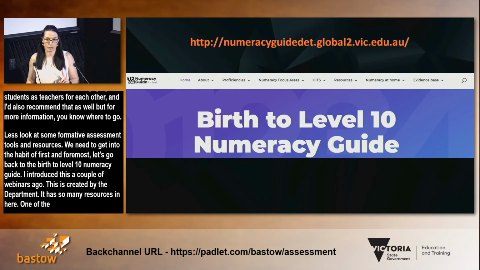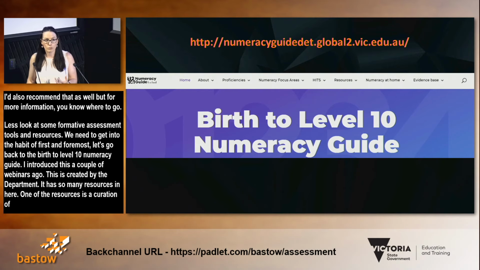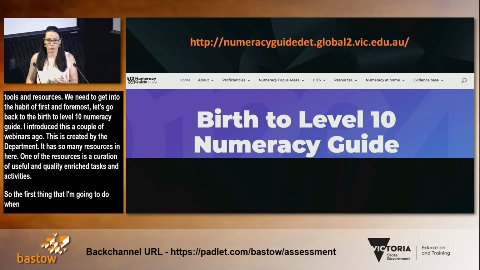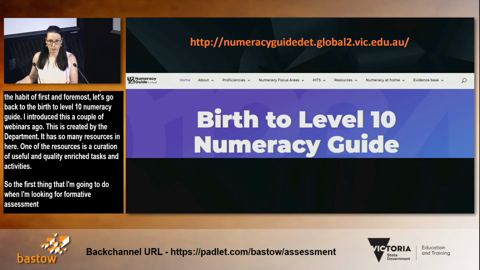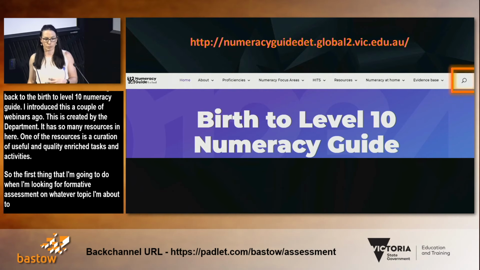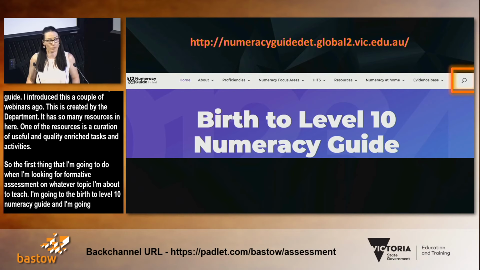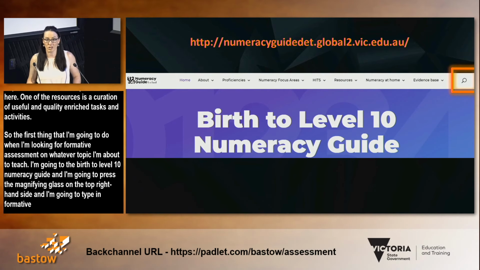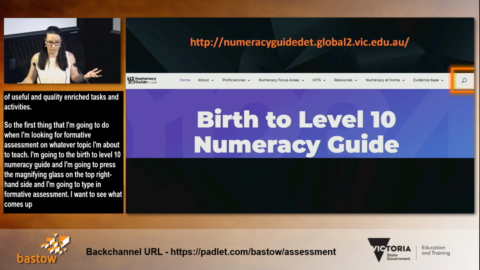One of the resources is a curation of useful and quality and rich tasks and activities. So the first thing that I'm going to do when I'm looking for formative assessment or whatever topic I'm about to teach is I'm going to go to the Birth to Level 10 Numeracy Guide and I'm going to press the, what is that thing? A magnifying glass on the top right-hand side. And I'm going to type in formative assessment. I want to see what comes up.